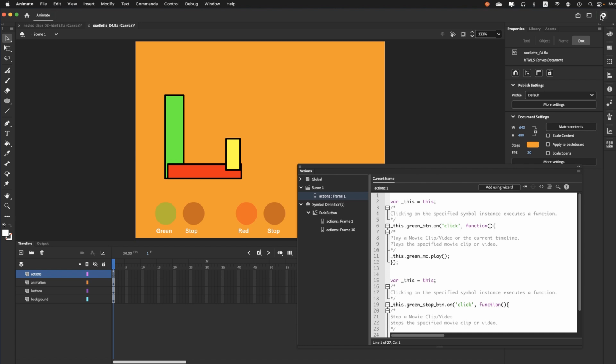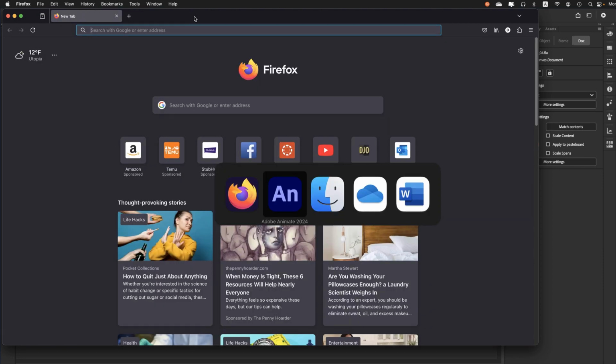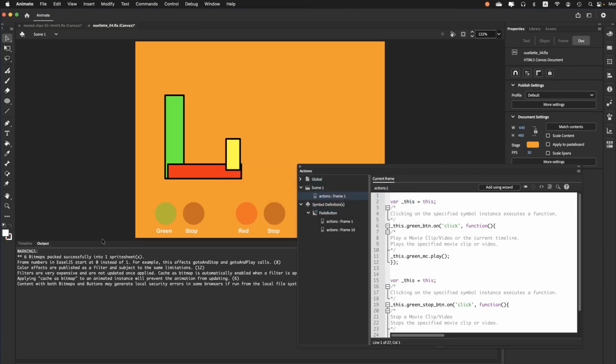All right, I'm going to hit test movie here. Now I will forewarn you, a major issue is about to present itself. I do have a very quick and easy solution, but get ready for this. All right, we're going to do a test movie here, and boom, the whole thing seems to be broken. It's like, oh my God, what happened here? So I'll tell you what happened here, but it is completely broken right now, but it's a fairly easy fix. Okay, so let's just switch back to animate, and we'll talk about the solution to that, what looks like a